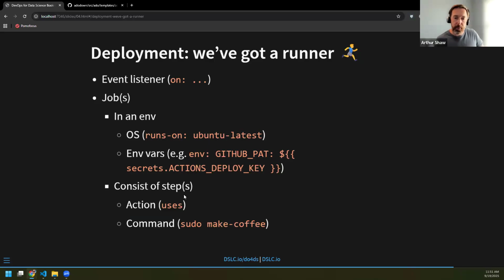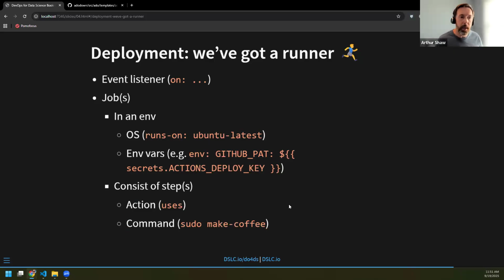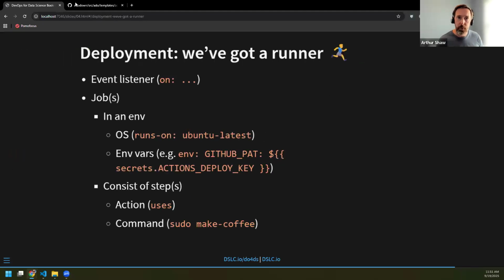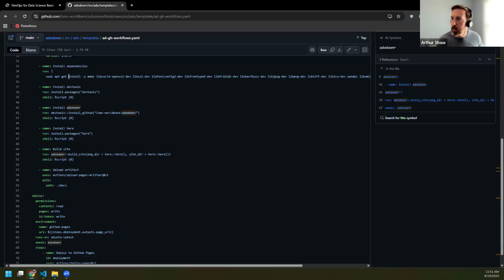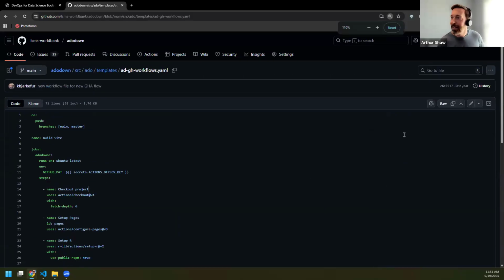A set of steps, and those steps can be either steps that other people have written. For example, there's an install Quarto that exists on the marketplace, and if I'm not mistaken, there's an install R. Or you can use your own command line Kung Fu mastery and do those things. This is, I think, the last slide that I have. So I was just going to look into an example, which is probably a pretty badly written GitHub